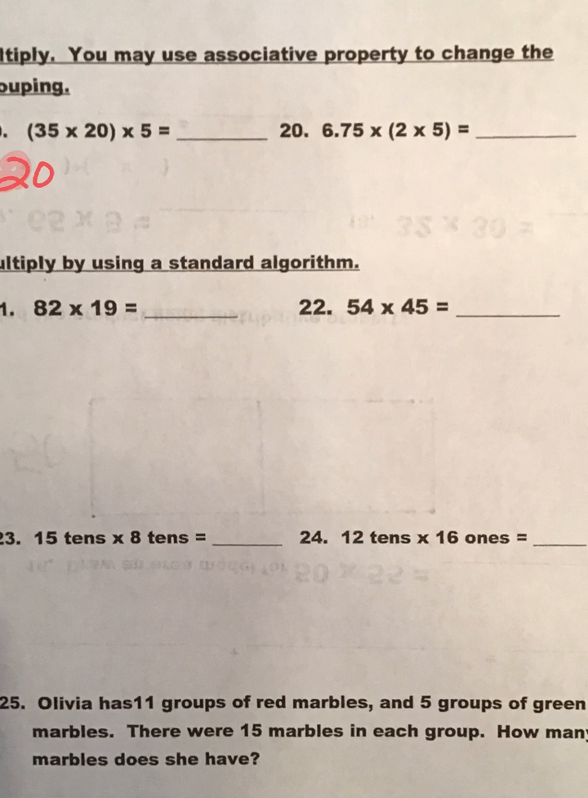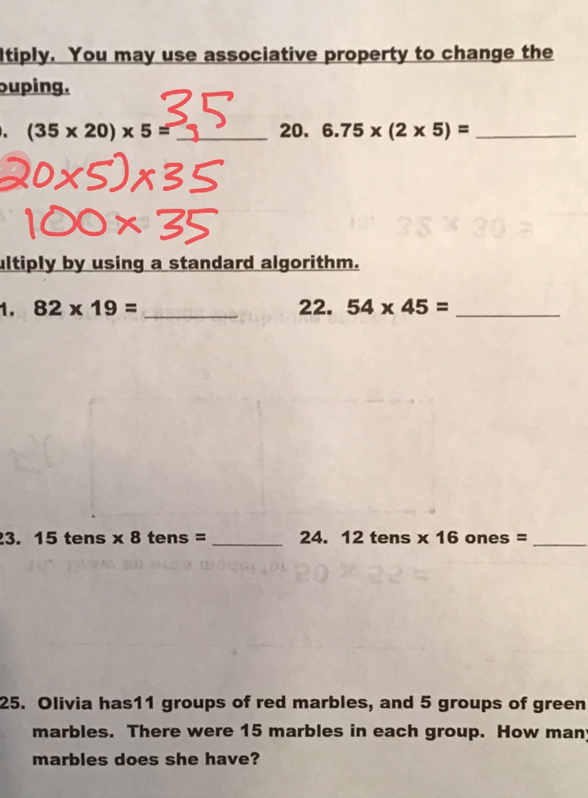So we can possibly go 20 times 5 first, and then what we get there, multiply times 35. And if we do that, 20 times 5 we should know is 100. Times 35 would end up being 3,500. When we look at the next one, the way it is written is probably the easiest way to do